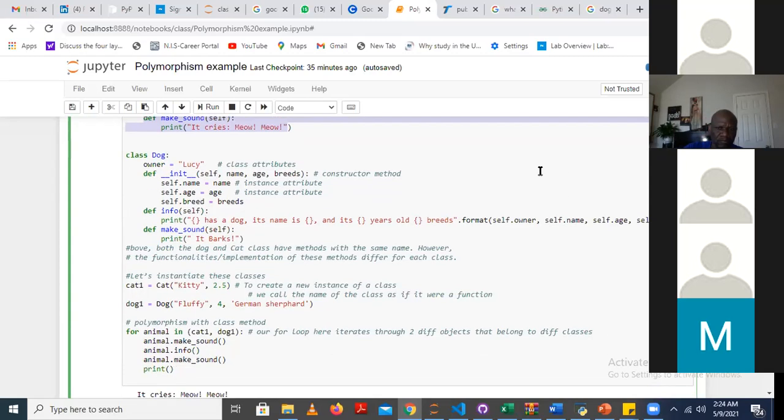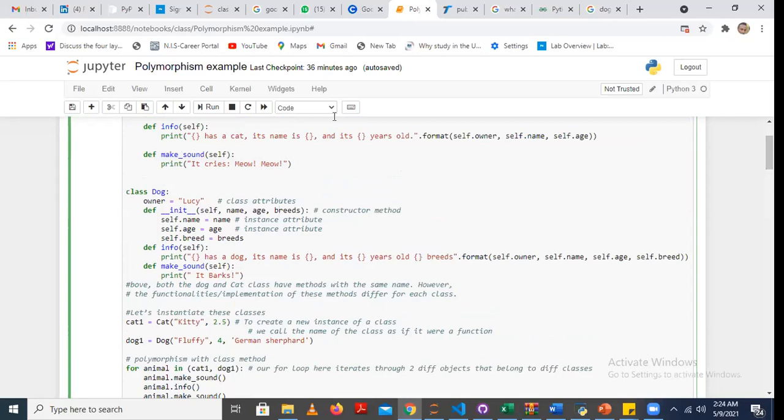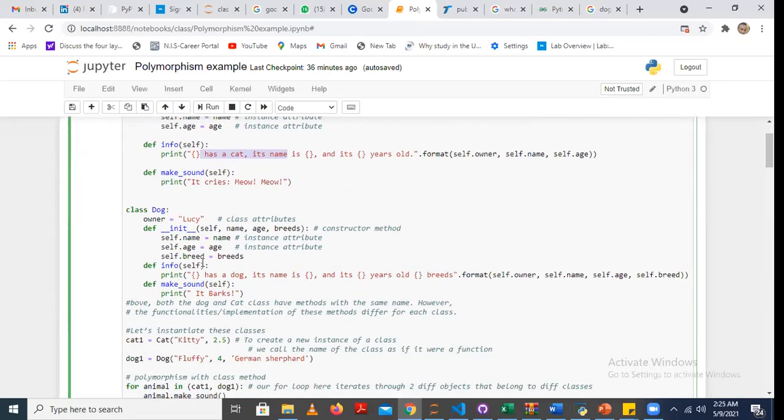Now, here is where the concept of polymorphism comes in. Both the dog and the cat class have methods with the same name. However, the implementation of these methods differs for each class. For instance, when you look here, the dog class has 3 attributes, 3 parameters, unlike my cat class here, where I only have 2 of them. And my second method also, the output for this and the output for the info method in the dog class